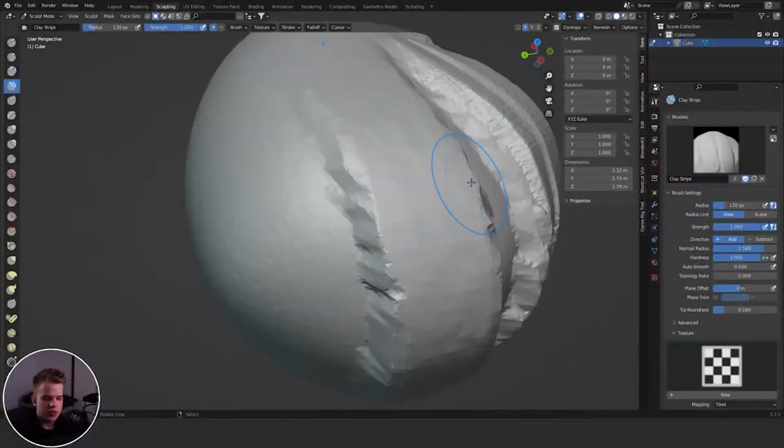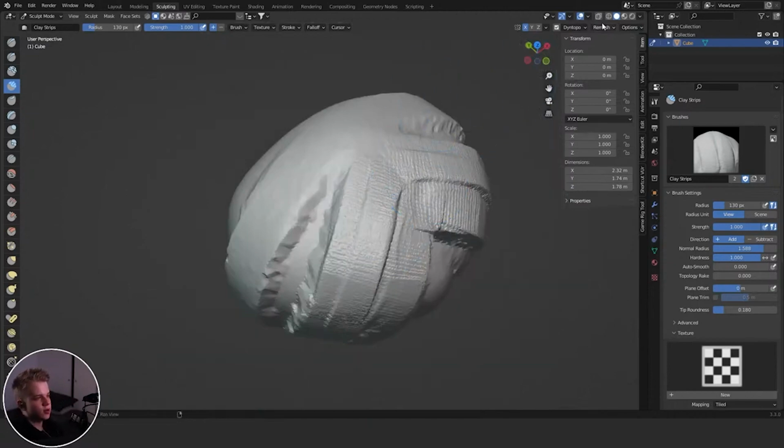Now talking between them, which is better? Is it better to use dynamic topology or better to use remesh? So let's talk about which one is better and in which cases. Right now, if you're using constant detail in dynamic topology, that is kind of bad. It's not really optimal, because you can see right now, if I'm working to see how many vertices we have,